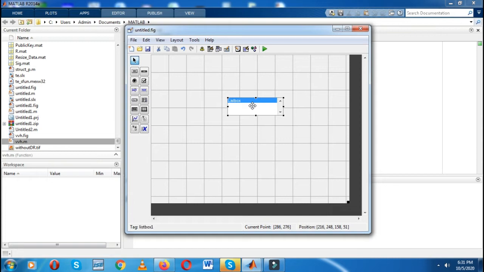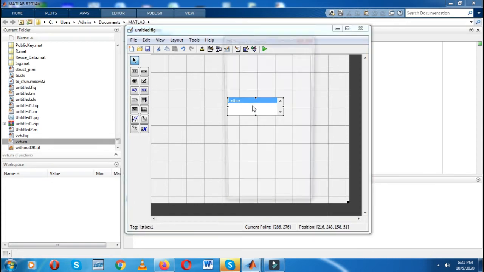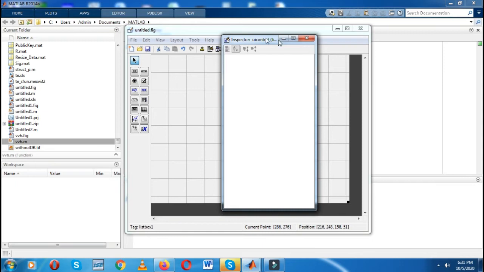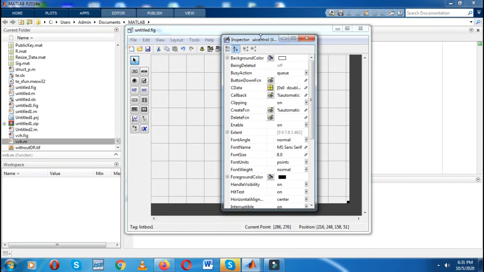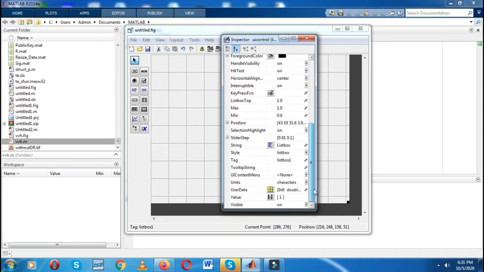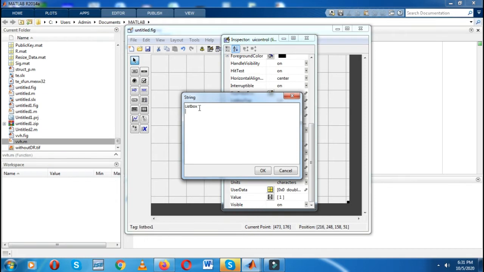Okay, so just double click on this list box. Whenever we double click, it goes to the inspector. In the inspector, just go to the string option because we have to change the string. For example, I'm taking different options. First I will write select option.